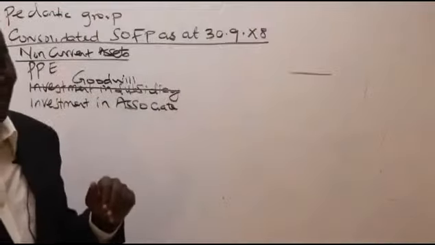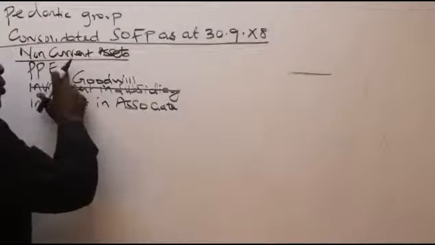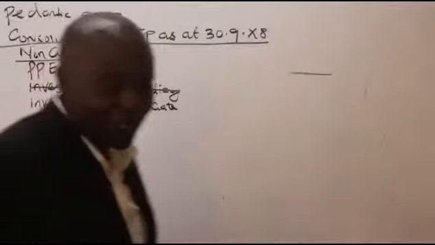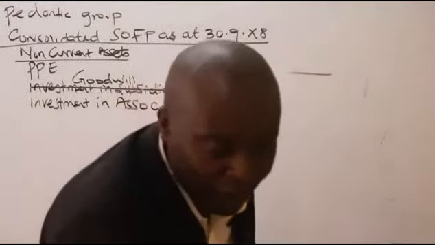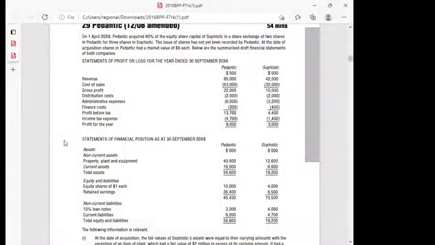Just put them there. Now, ladies and gentlemen, could we kindly, in this case here, go ahead and consolidate the property, plant, and equipment? So property, plant, and equipment that I would want us to consolidate, they are here. We have here Pedantic, the parent, has got 4,600. Sophistic, the subsidiary, has got 12,600. Consolidation is all about adding these things. You add them up. So you come and take 4,600 plus